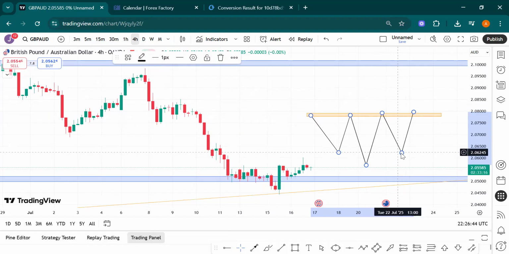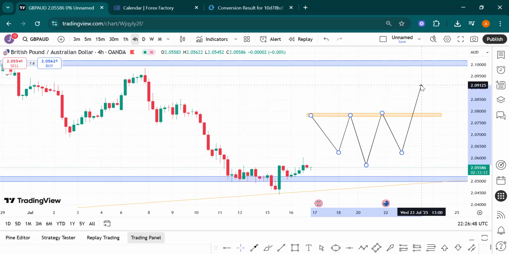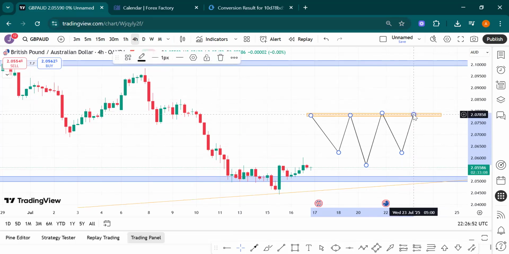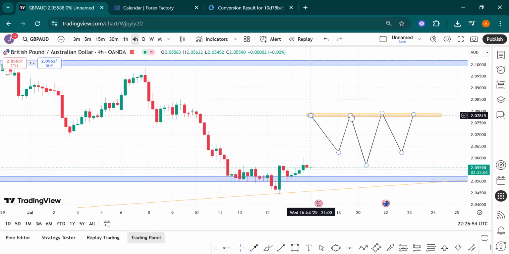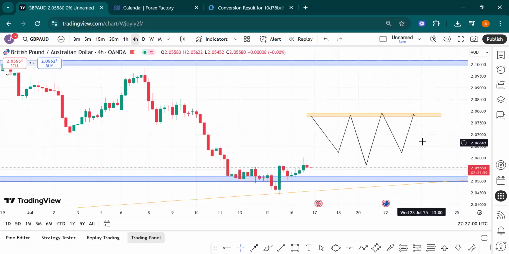And instead of buyers now coming into the market to form what? A higher high, they couldn't. Price was stuck at what? The same price level. Now, this price level at which price is currently stuck is what we now call what? The neckline. So the basic rule for trading this particular inverse head and shoulder chart pattern is that we wait